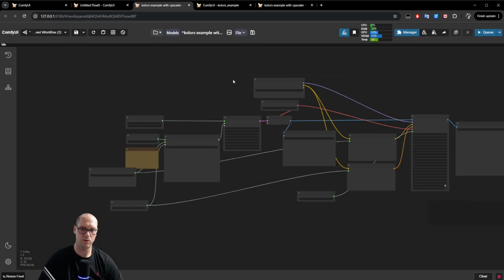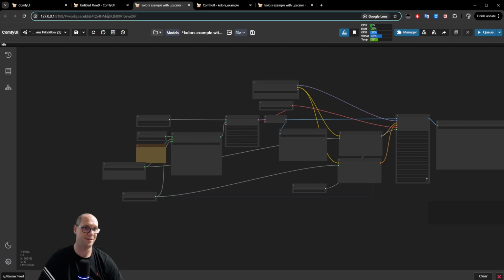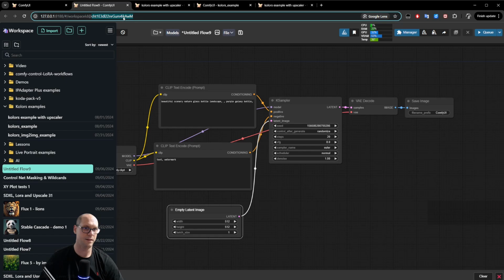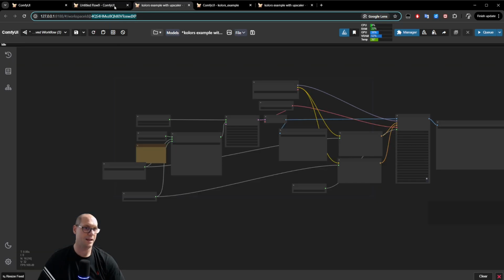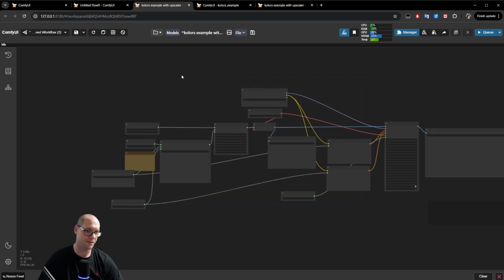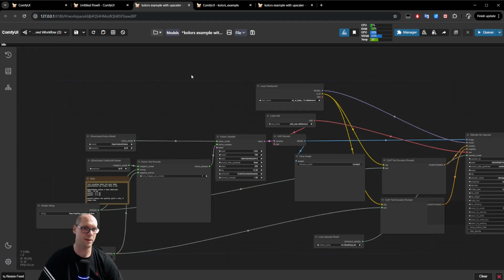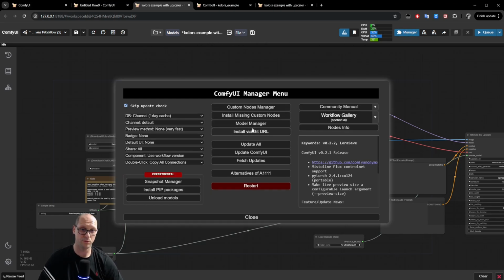So I have a new workflow now in a different tab, with a different ID. You see that ID and that ID, they're totally different. I can now manage multiple workflows. Guys, it's crazy. As a software developer, it's crazy that I can go back exactly to the place where I worked. So if you want to install this plugin, I will put it in the notes,